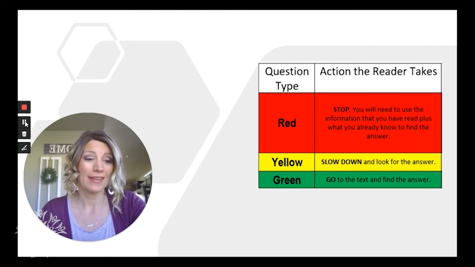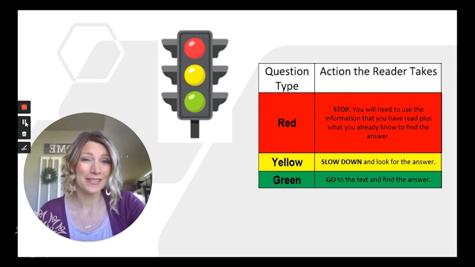Let's review our chart before we close today. Remember, we talked about 3 different types of questions. There's green, yellow, and red. And remember what we used to help us? What was that image? You're right, it was a stoplight. So green means go. Yellow means slow down, and red means stop. It's important while you're reading to stop and ask yourself questions,